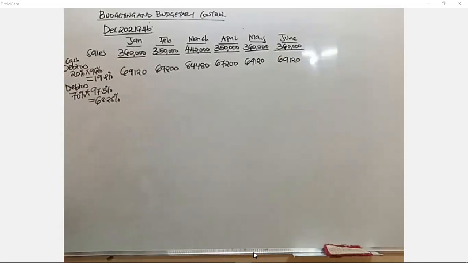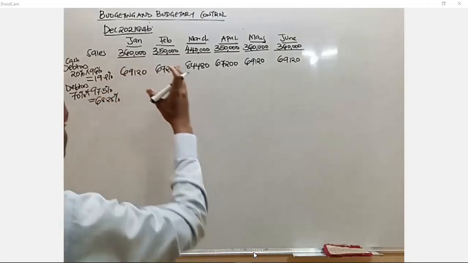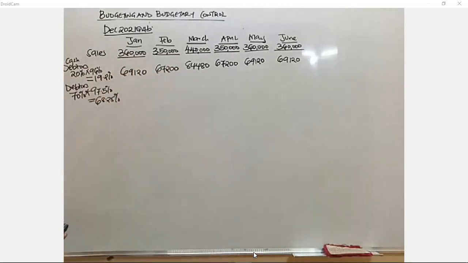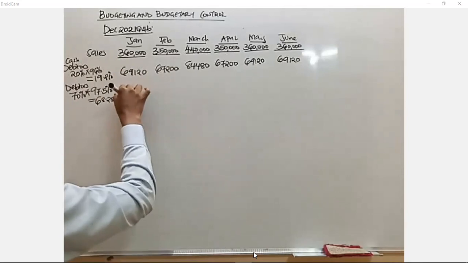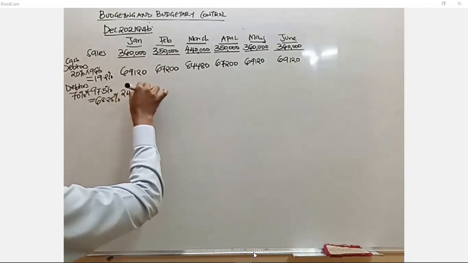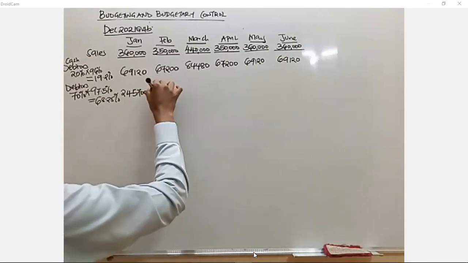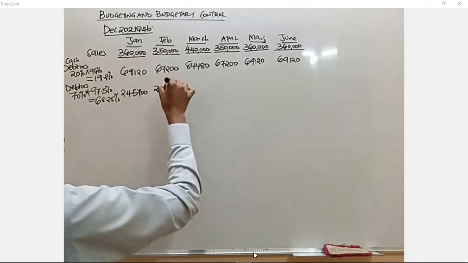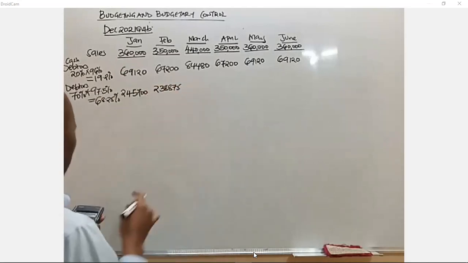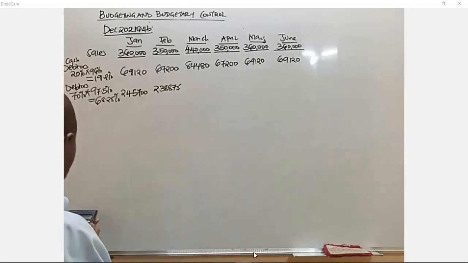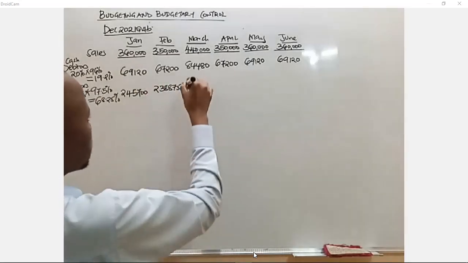360,000. It means if a customer takes goods today, but pays, he should pay within the month of February. You see, I will do it for every month. That is what the examiner means. So the first one will be 245,700. The second one, 350,000, gives 238,875. Then we have 440,000, getting 300,